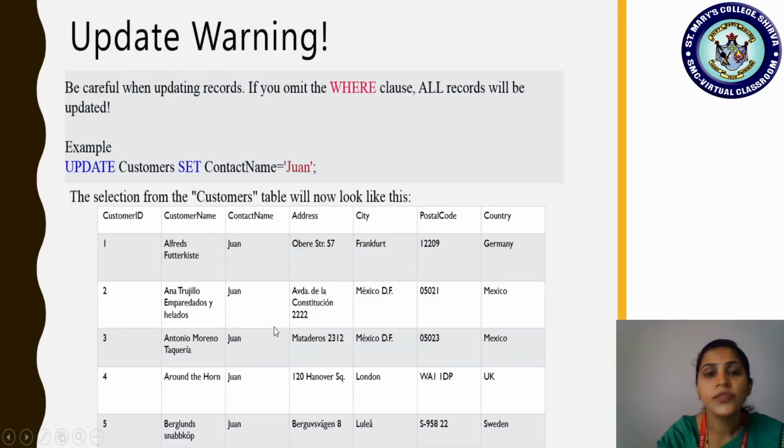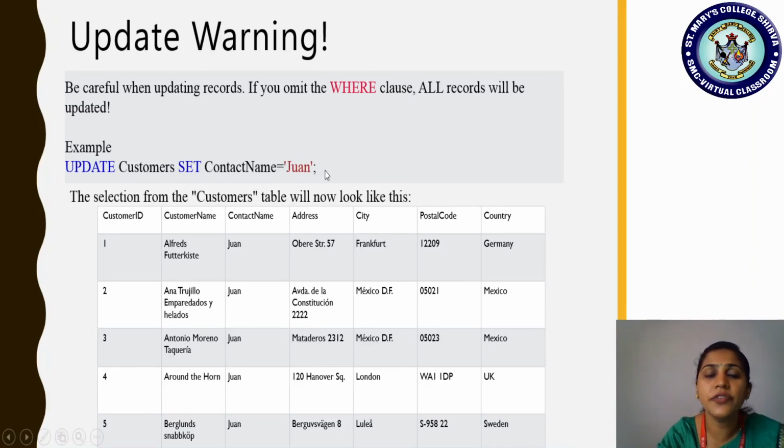Is that clear? There is a warning: while doing updates, there are certain sensitive things to remember. We should be careful when updating records. If you omit the where clause, all records will be updated. For example, update customers, set contact name equal to Jan.